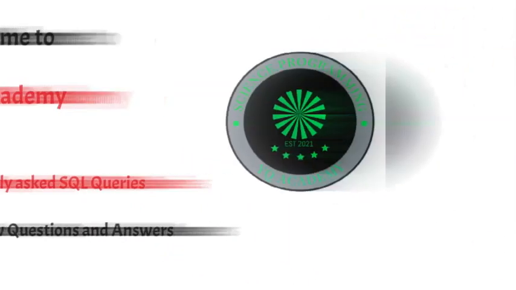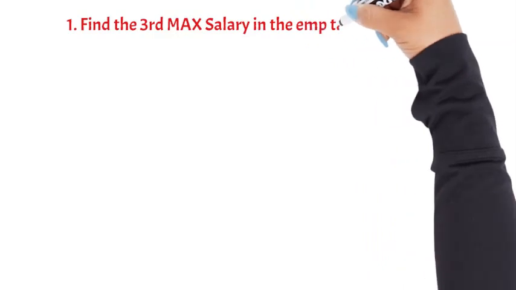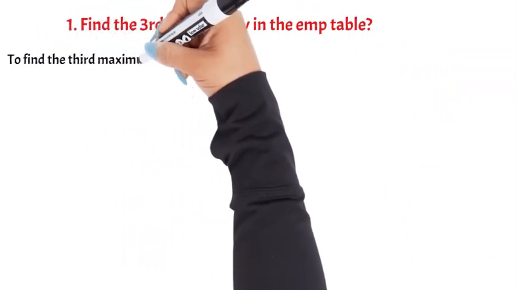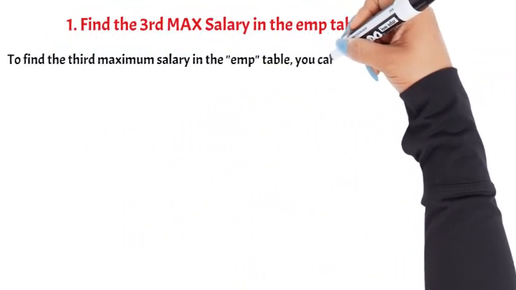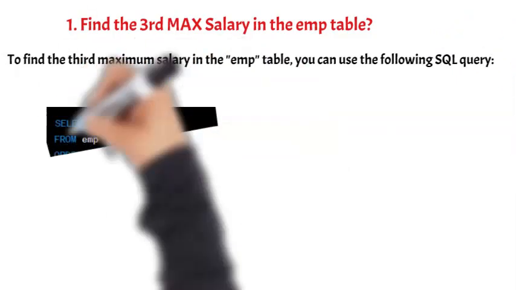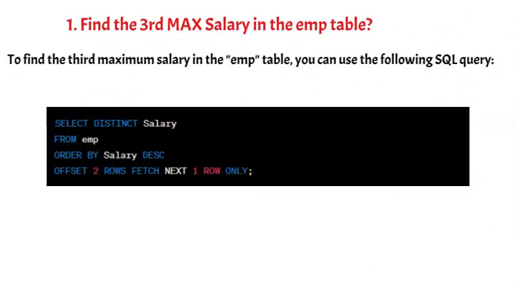1. Find the third max salary in the EMP table. To find the third maximum salary in the EMP table, you can use the following SQL query. In this query, we are selecting distinct salaries from the EMP table and ordering them in descending order. Then, we use the offset clause to skip the first two rows representing the two highest salaries and fetch the next row using the fetch next clause. The one row only limits the result to a single row, which will be the third maximum salary in the